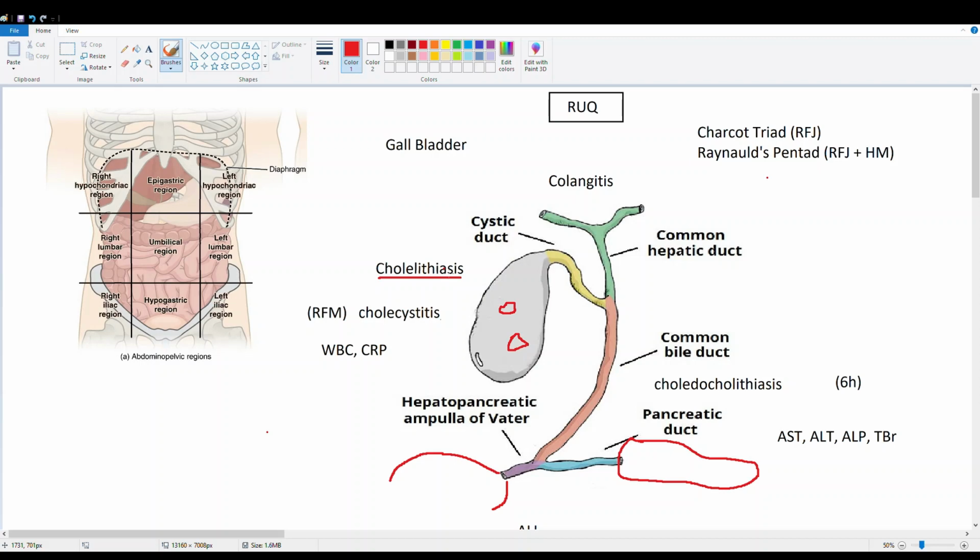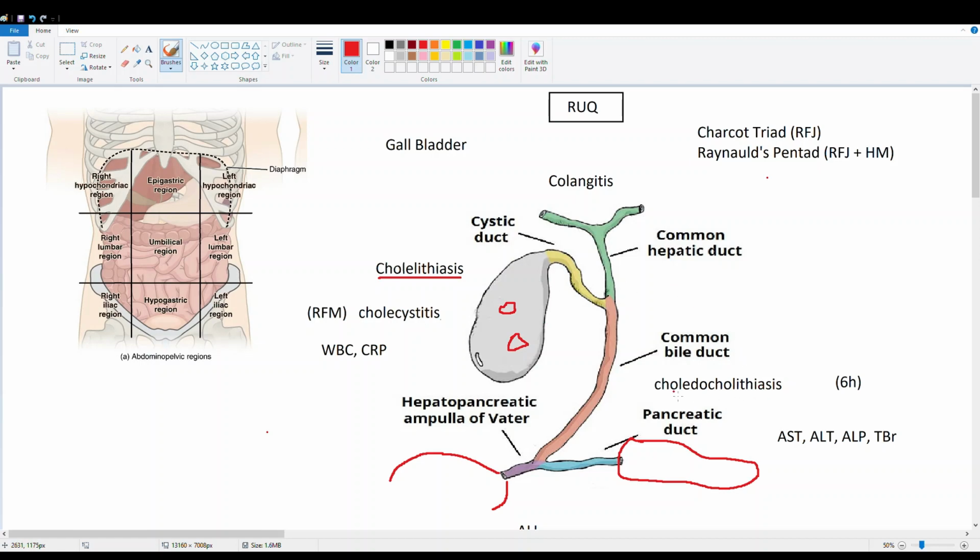Now, if we do diagnostic imaging, we'll see on right upper quadrant ultrasound an acoustic shadow that is caused by these stones, and that's going to be our main diagnostic marker. So you just need an ultrasound to diagnose this. In terms of treatment, we have supportive care, analgesics for pain control, and eventually an elective cholecystectomy if this is causing recurrent issues for the patient. Next, let's move on to